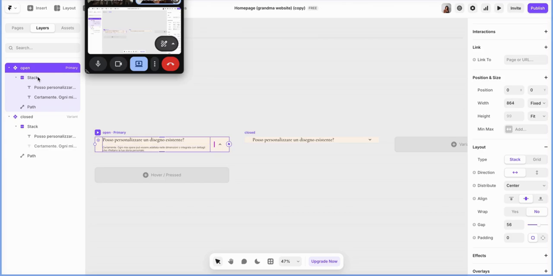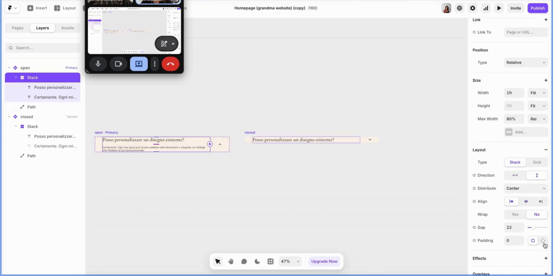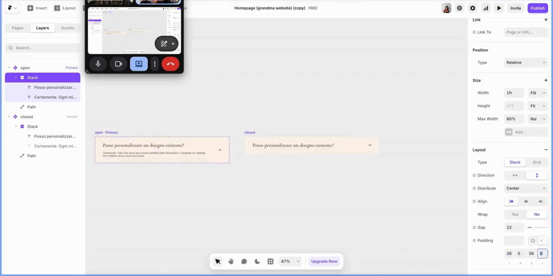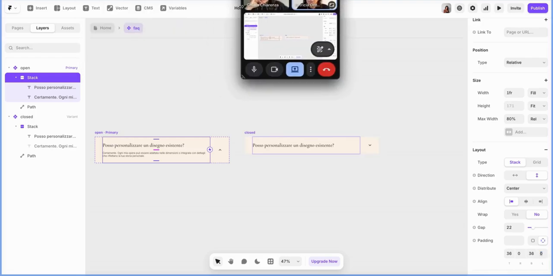We might need it to not have a minimum height but change according to the text that we have in there. And this is interesting. This means that we don't have a padding on the top and bottom. So we're gonna add a padding here. Let's say it's going to be 36 maybe. Yeah, 36 is fine. And that's it, pretty much. So we have an open state and a closed state. Now we go back home